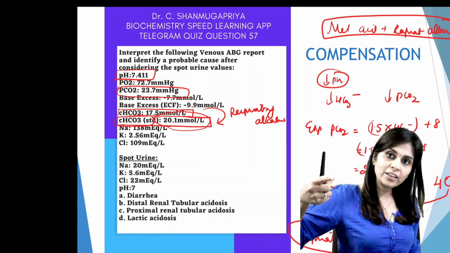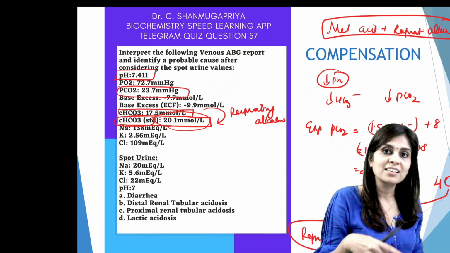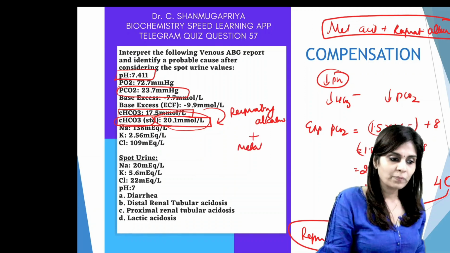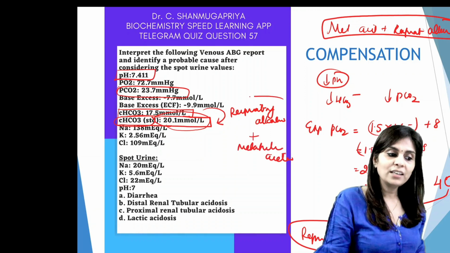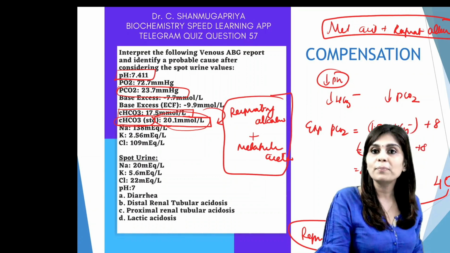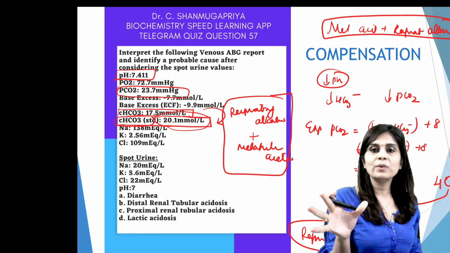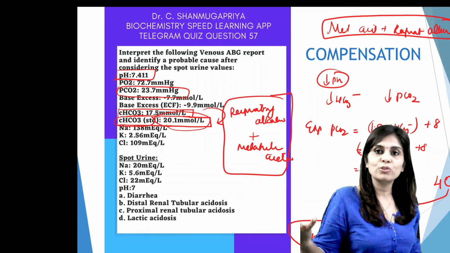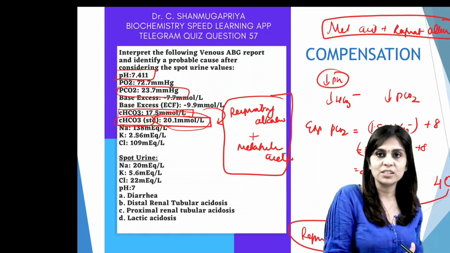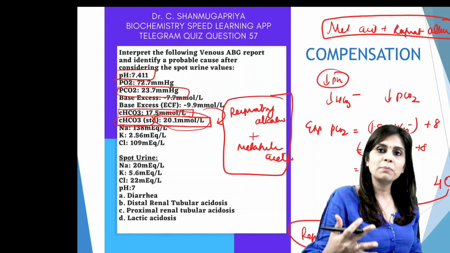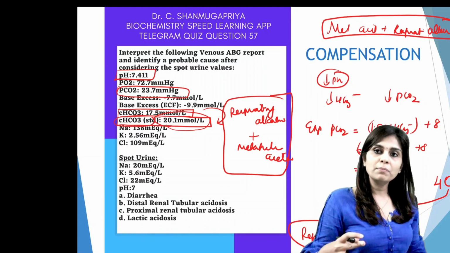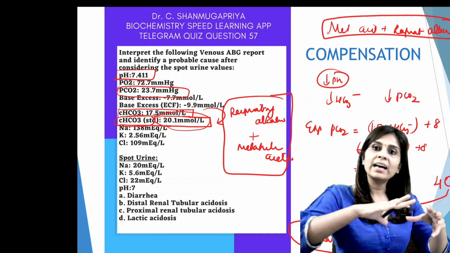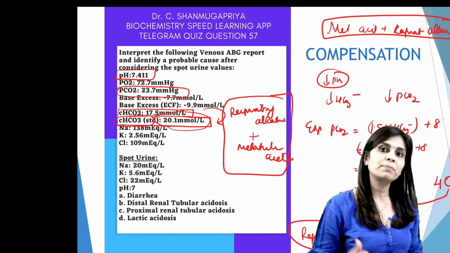So there is a metabolic condition which also causes a drop in bicarbonate. Which metabolic condition would cause a drop in bicarbonate? It is metabolic acidosis. So there are two ways in which you can identify mixed acid-base disorders when there is normal pH. When there is normal pH, easier way is to look at base excess ECF. If base excess ECF is more than +2, it's metabolic alkalosis. If it's less than -2, it is metabolic acidosis. Another way is you can look at actual bicarbonate and standard bicarbonate. If standard bicarbonate and actual bicarbonate are different, it means there is a respiratory defect. And depending upon in which direction the difference is, you will know what respiratory defect it is.